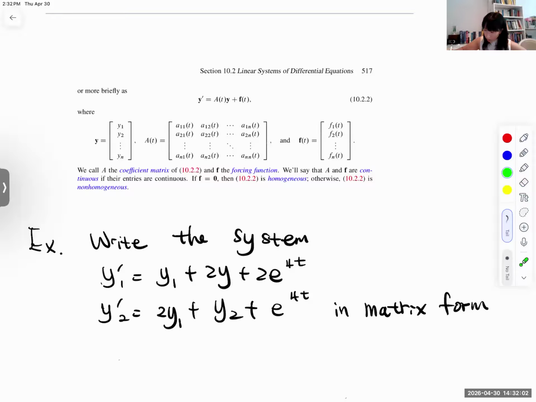Not the 1, right? Yeah, I fixed that. Plus 2e to the 4t. Okay, so we want to make a matrix form